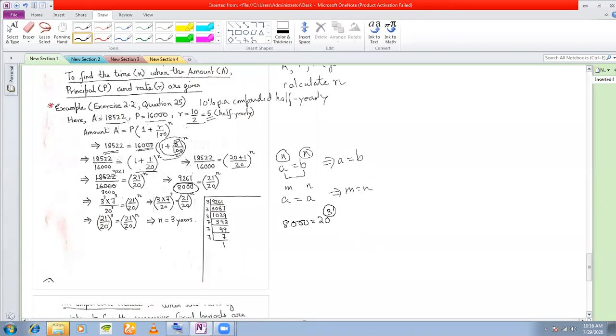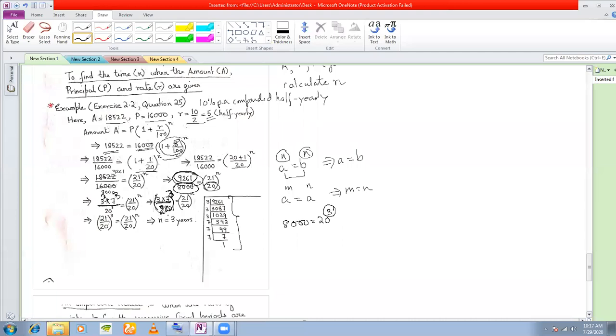My guess is that if 8,000 can be expressed as a power of 20, then 9261 can also be expressed as a power of 3, because the sum has been framed in such a manner that if you can express either the numerator or the denominator in a certain power, the same can be done with the other. If the numerator is a power of 20, then this has to be a power of 21. So I prime factorize the numerator and find 3 cube into 7 cube, which is also a perfect cube. So what I get here is a power of 3, 3 into 7 divided by 20. Both the numerator and the denominator have been expressed as a power of 3.